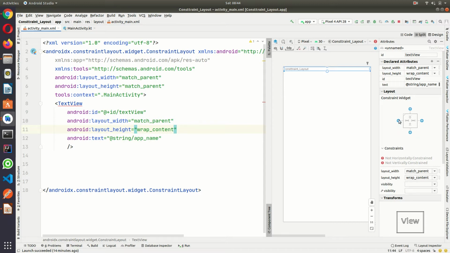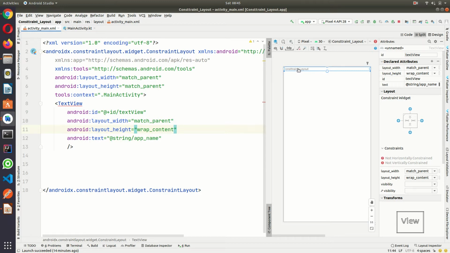This is for top, this is for the left constraint, this is for right, and this is for bottom. So always you should remember when to use top, left, right and bottom. This is the most important. While you are designing any layout, these constraints are very important. So if I click on this, what will happen? It will automatically create one constraint property here.